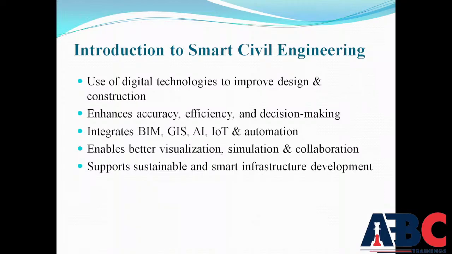Smart civil engineering also improves visualization and communication. There are advanced tools that allow engineers and stakeholders to explore virtual models and conduct simulations for load analysis, safety checks, and environmental impact assessment.